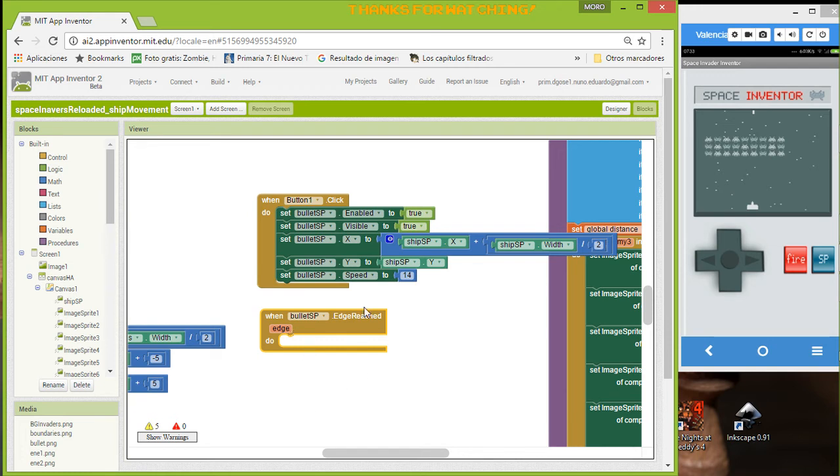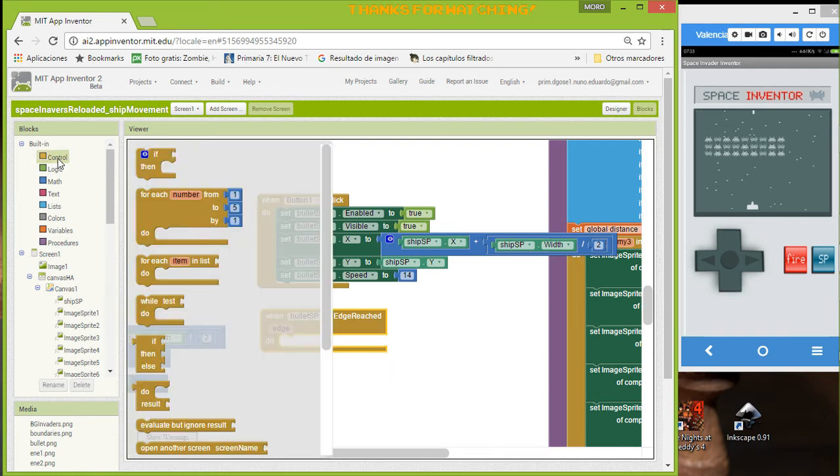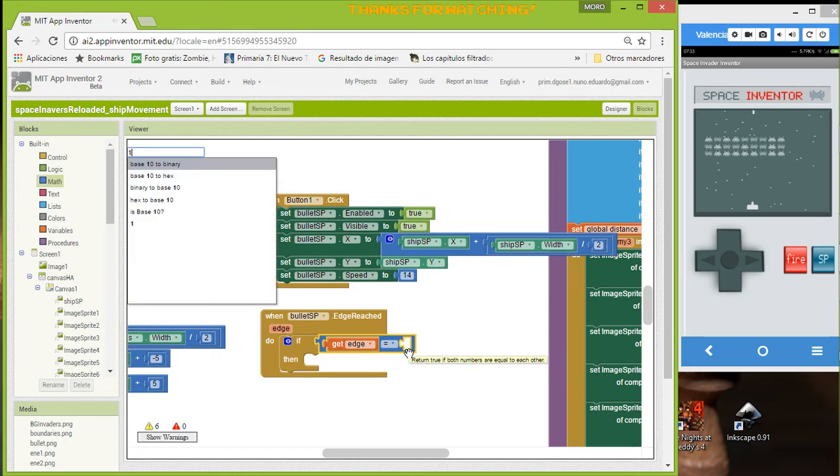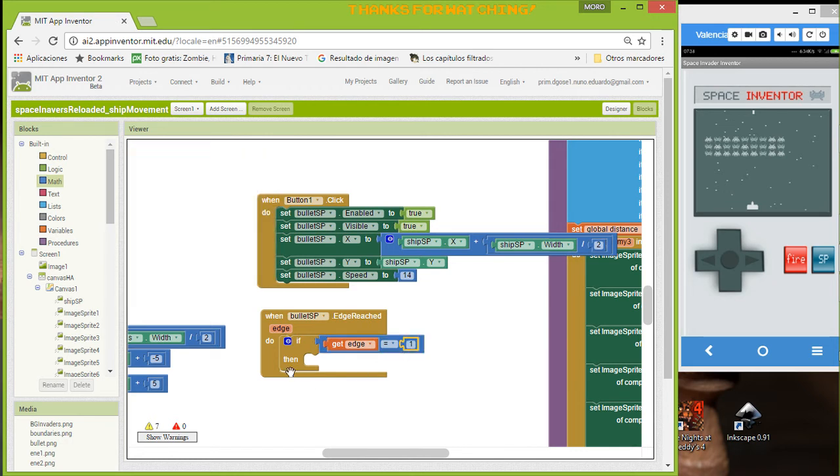But which edge? Well, the edge that is here. If you check the information here, it is the north, it is edge number 1. So if the edge is equal to 1, that means that it's touching the north edge. So we want to